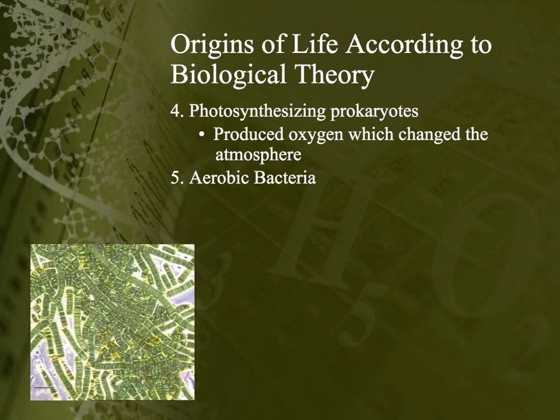Okay, the next thing that would happen would be photosynthesizing prokaryotes, and we'll get to how we got photosynthesizing prokaryotes next, but these are what we call cyanobacteria. Sometimes they're referred to as blue-green algae, but they're not really algae, and next unit we'll distinguish the difference between bacteria and algae. But basically, bacteria are prokaryotic, meaning they do not have a nucleus. So the first cells didn't have a nucleus, the archaeobacteria, and neither do these guys.